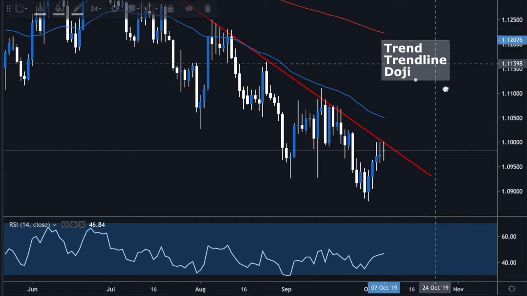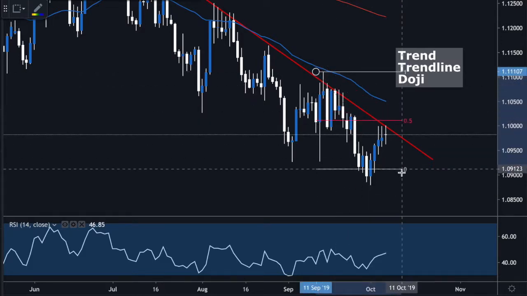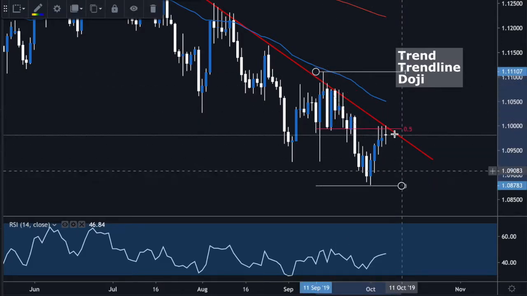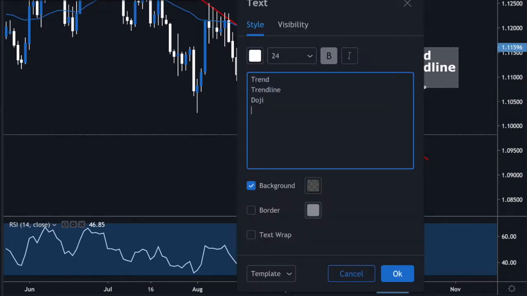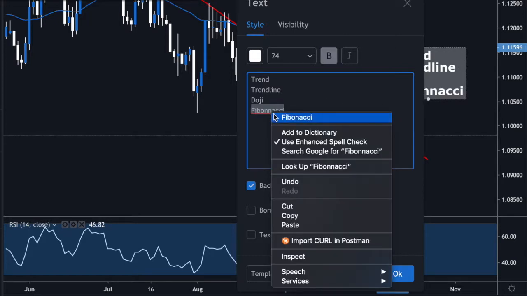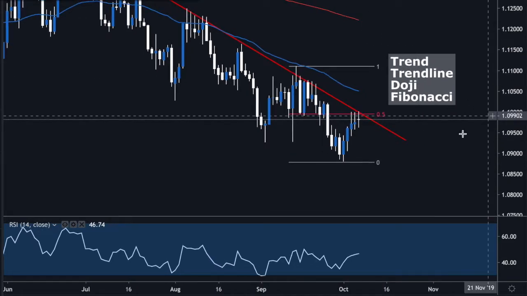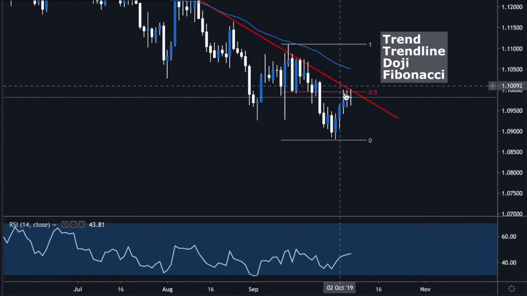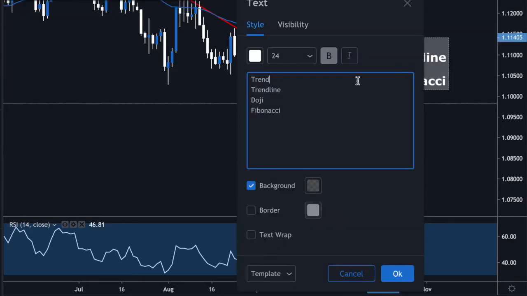but those are all not taken into consideration because they didn't happen. So what we do take into consideration is a Fibonacci level, and we actually got a 50 Fibonacci level. So Fibonacci. I'm so bad at spelling. So there you go. So this could be a nice trading opportunity,